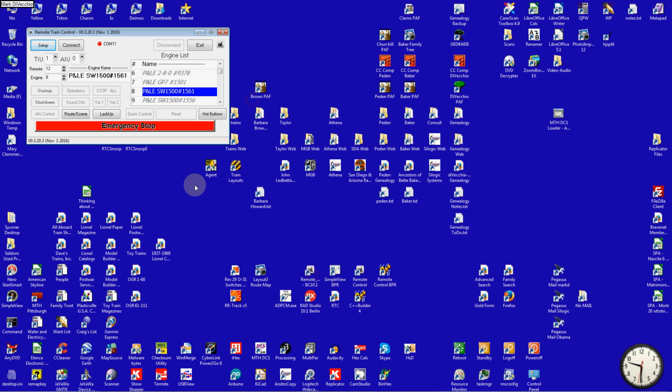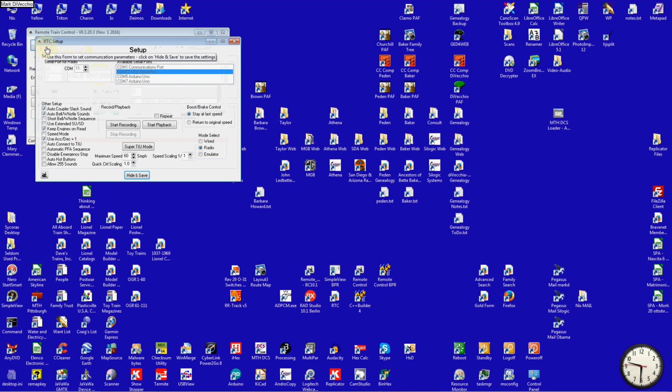So one thing is that when you do change the size of the quick control screens, you have to exit from the program in order to have it take effect. So we just exited and we started back up again. I'll press the connect screen. I'll click on the setup button, bring up the setup window, and you see down here at the center middle,